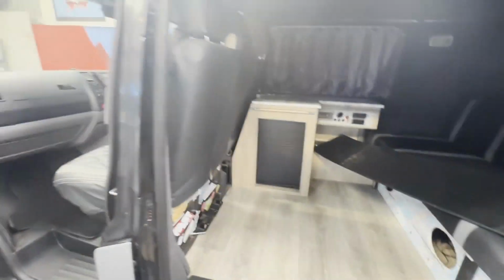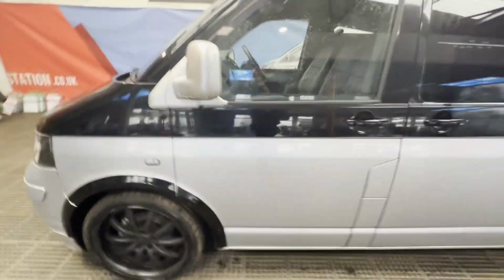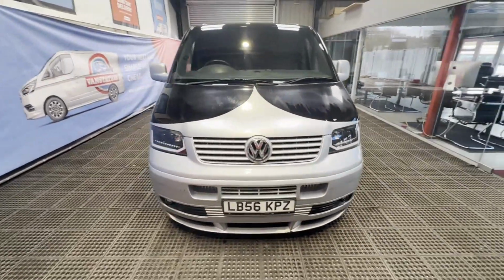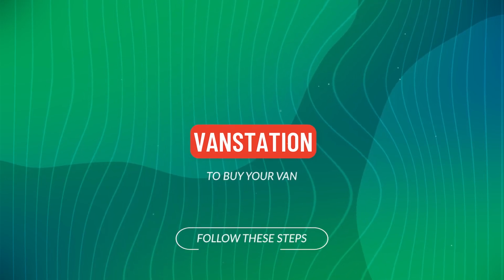Condition summary: fully insulated and soundproofed, full-width rock and roll bed, blackout curtains, Apple CarPlay in the front, separate stereo in the back. This van has everything to go on holiday, leisure battery and 240 hookup. Comes with the following: camping table, twin burner stove with gas bottle, camping